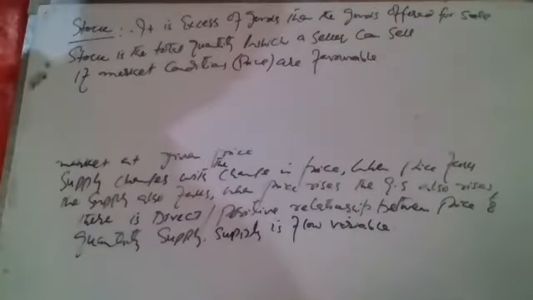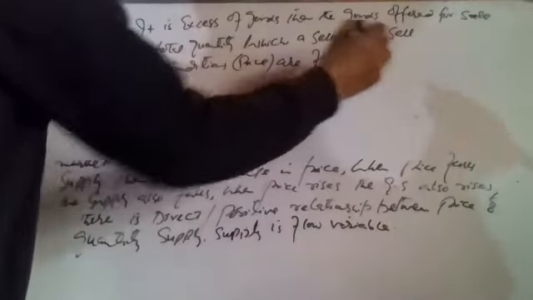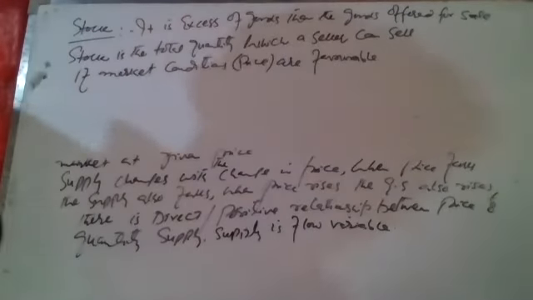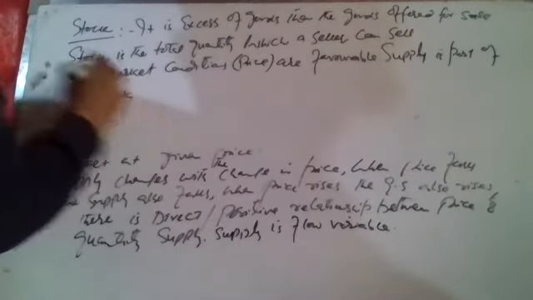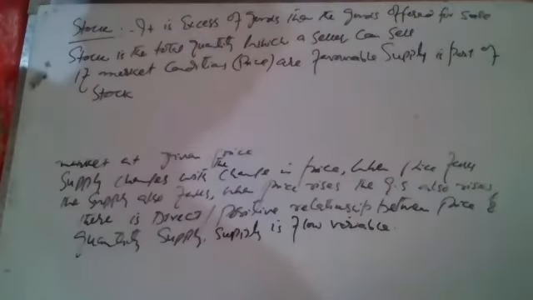So if prices are favorable, supply is the part of stock, also a major part of a good which is hoarded by the producer for sale in future at increased price is called stock. So we can say supply is part of stock. Thus we can say